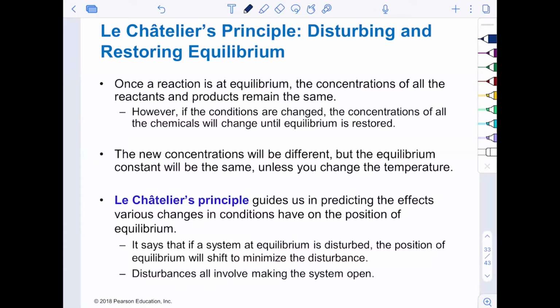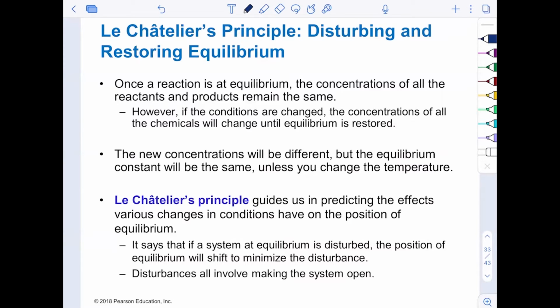To end our chapter, what we really want to focus on now is Le Chatelier. What happens if equilibrium is disturbed? Once we reach an equilibrium, we can still mess with it and change it, and we can add things and take things away. What Le Chatelier tells us is how stress on the equilibrium, disturbing the equilibrium, affects the overall concentration values. What happens to the shift of equilibrium? How is equilibrium restored? Because the driving force of an equilibrium equation is to reach equilibrium and stay there.